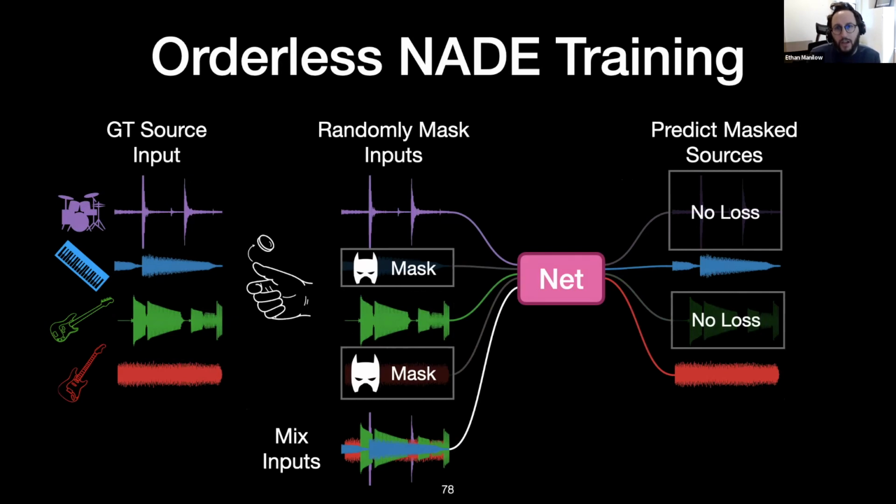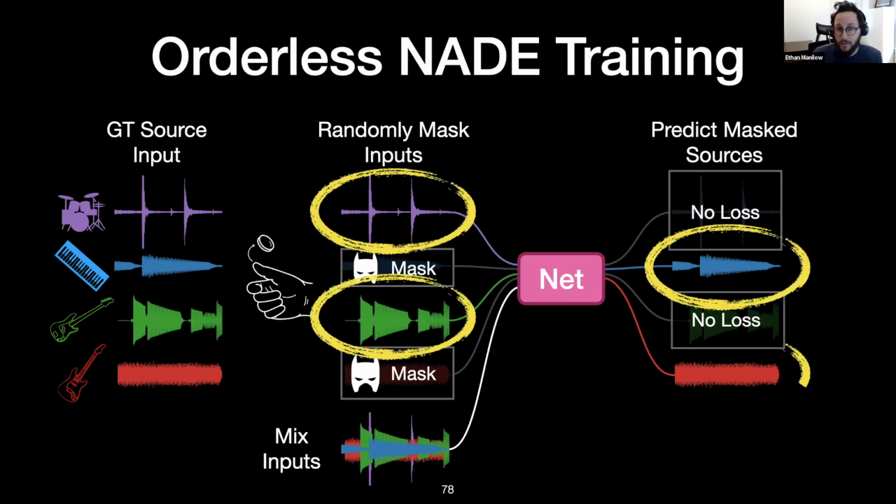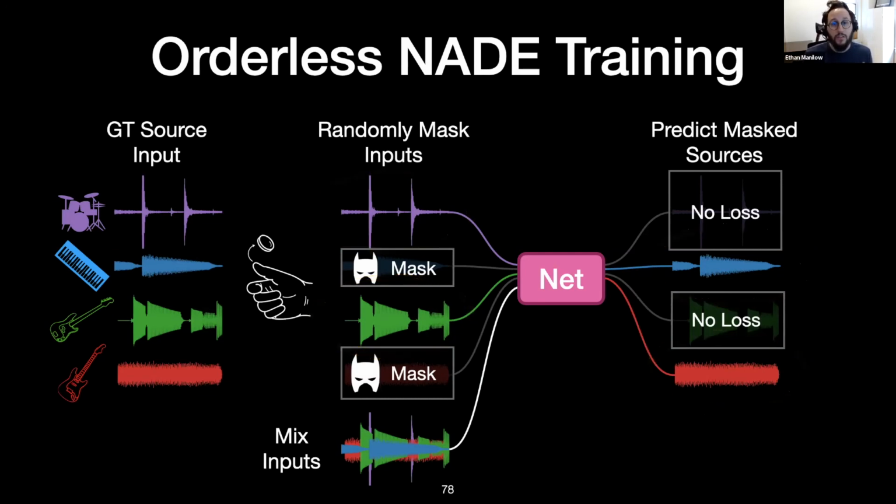I want to pause here and dig into how orderless NADE autoregression relates to the typical time-based autoregression I showed you a few slides ago. Whereas in time-based autoregression, we condition on the past to predict the future, here we're going to condition on these unmasked sources to predict the masked ones. So we've inherently created an ordering where unmasked comes before masked. And the trick is we randomly set which sources are masked and unmasked at every iteration so that the network has to learn all possible orderings. This is why it's called an orderless system, but a better name might be an omni-order system or an all-ordered system. But this paper is from almost 10 years ago now, and I'm not about to go dig up the authors and yell at them.